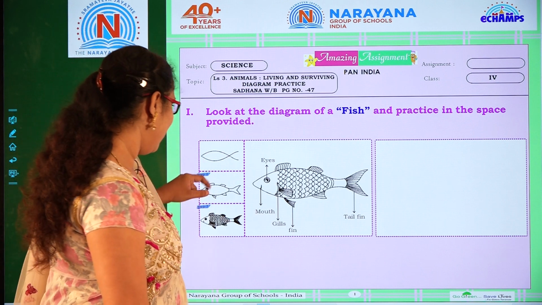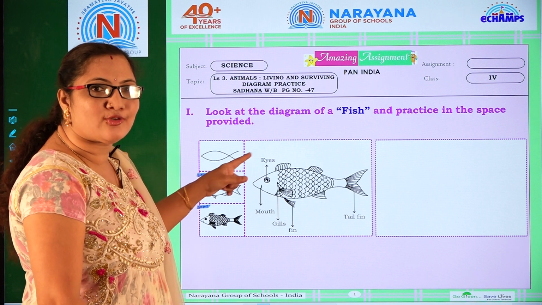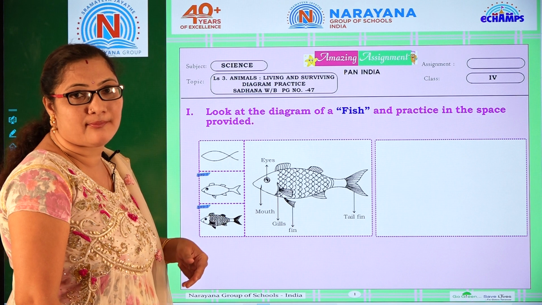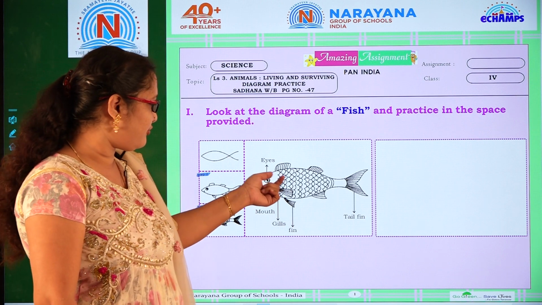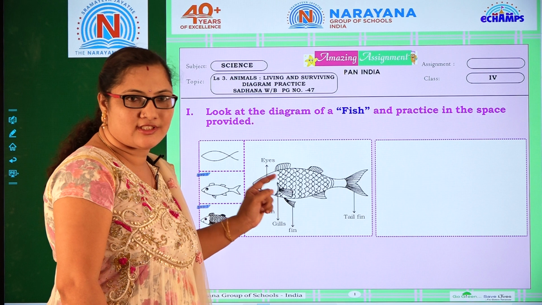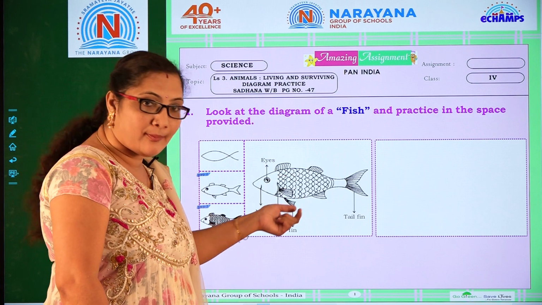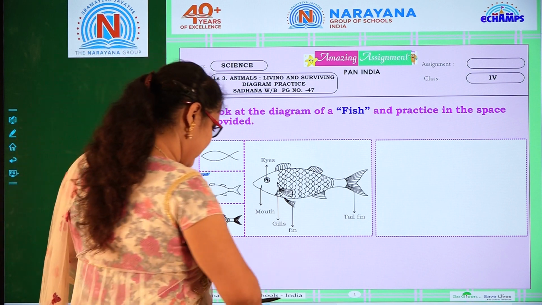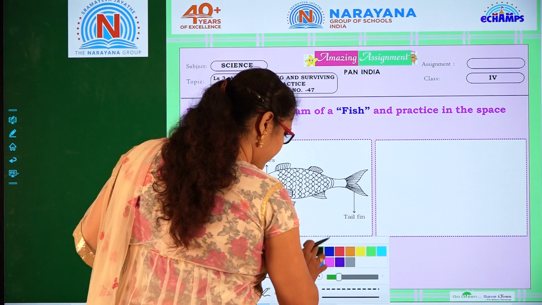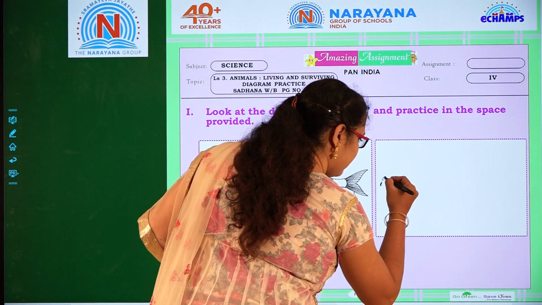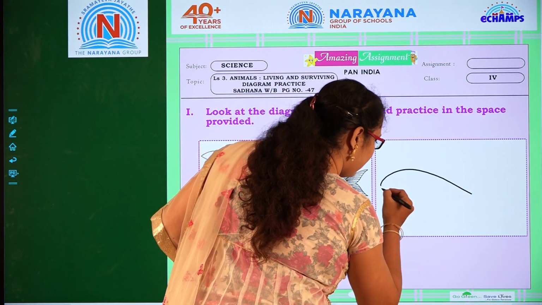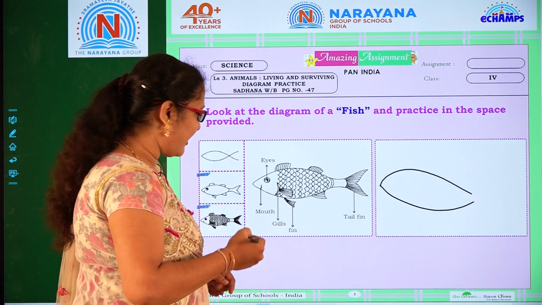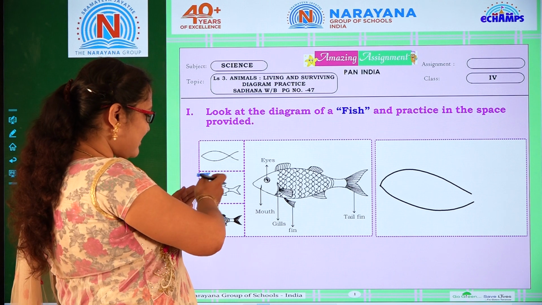Come on, let's do. First we are going to draw two curves, and after that we are going to enlarge it with some other parts, and we are going to finish it with some drawings which we are going to do in the inner part of the fish. Okay, let's do. First we are going to draw two curves. Draw with me, children. One and two curves here.